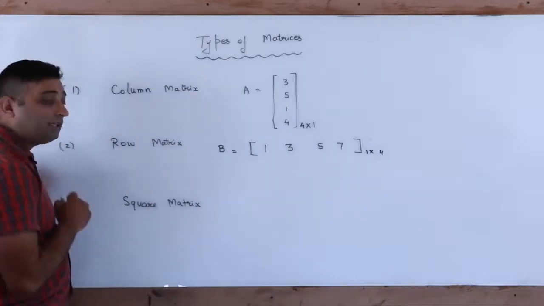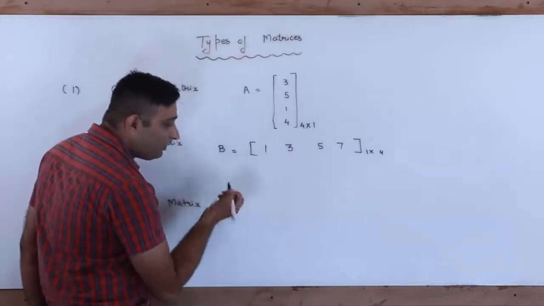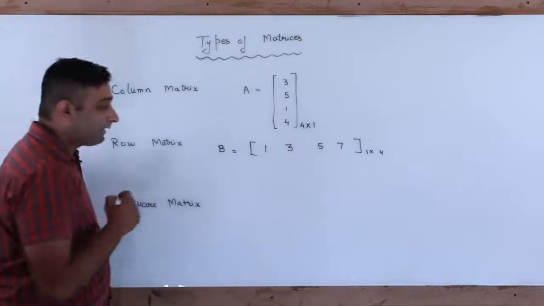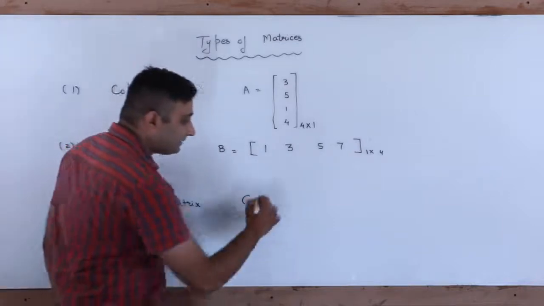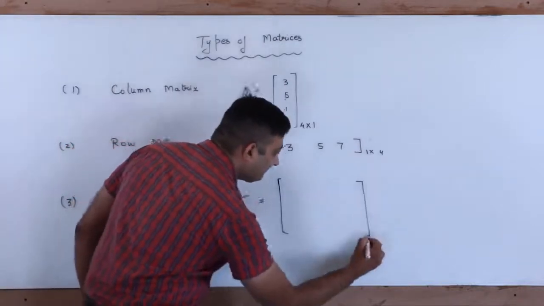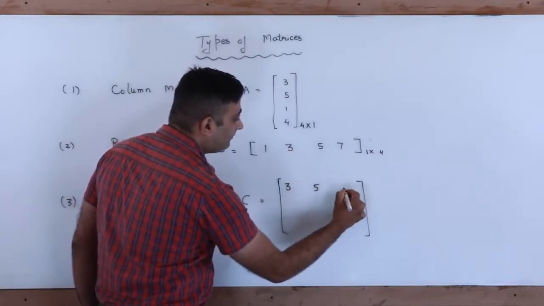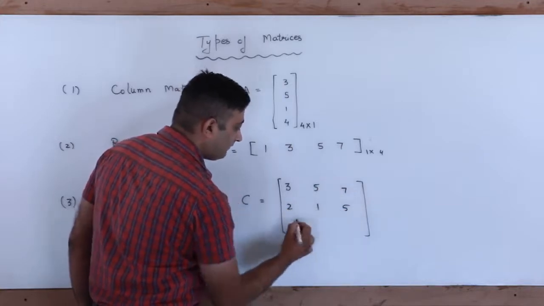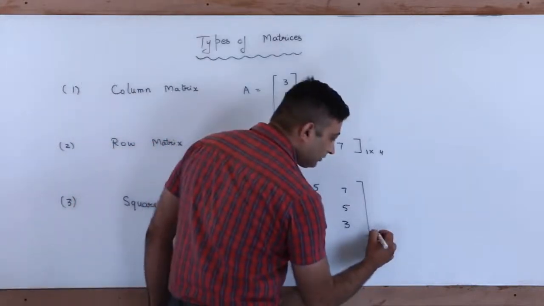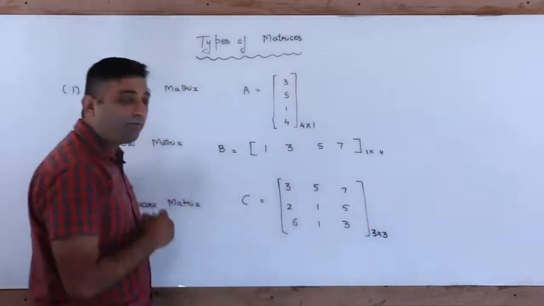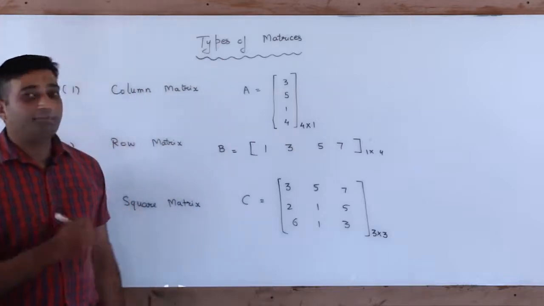Now let us discuss about the square matrix. As its name suggests, this rectangular array will be in a square form. That means the number of rows and the number of columns will be same in this case. Let us understand through an example. Let us take an example of a matrix having elements in a row and column like this. You can see that there are 3 rows and 3 columns. So we can easily say that the number of rows and the number of columns are equal. Then it is said to be a square matrix.